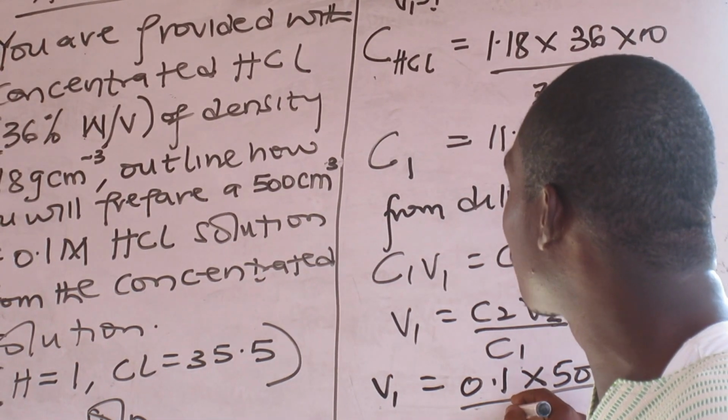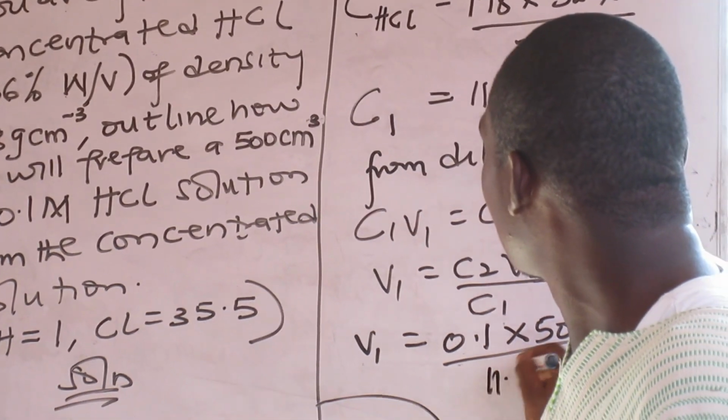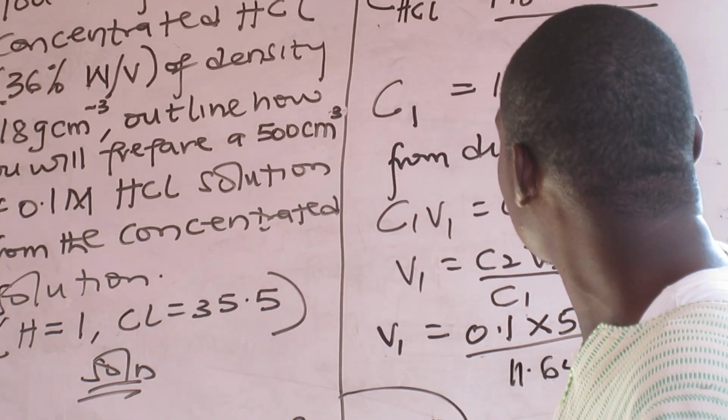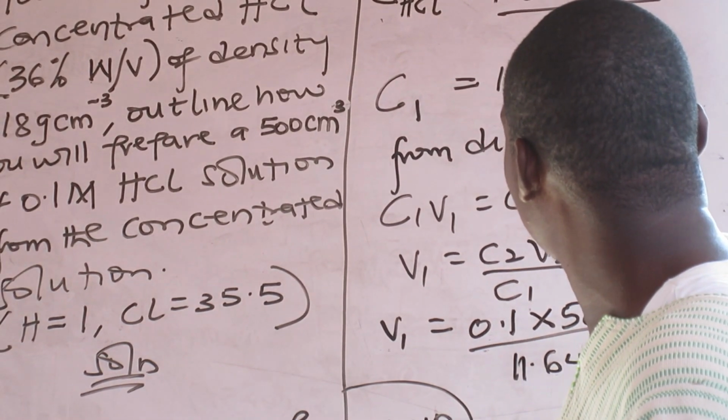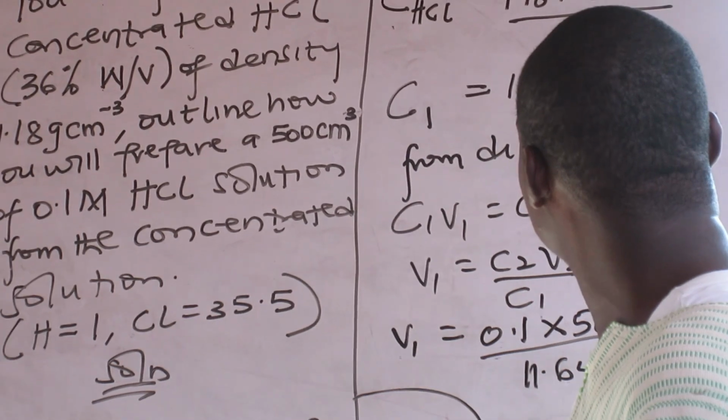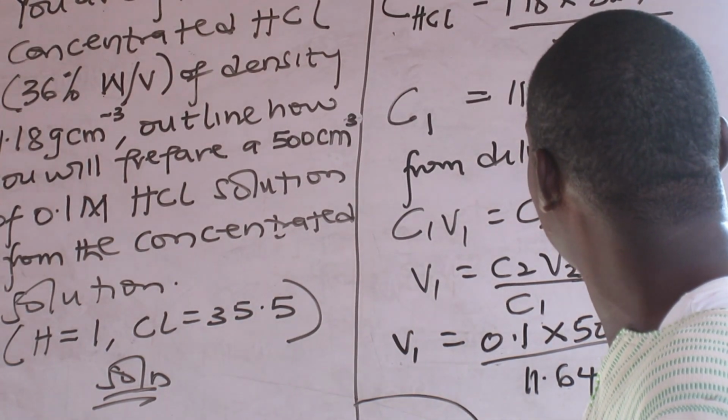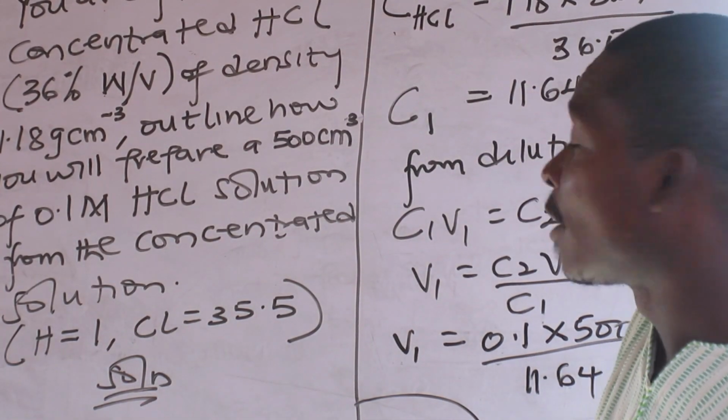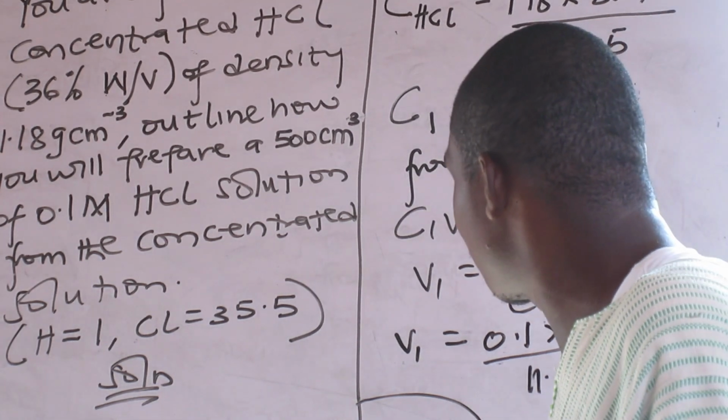What are you getting in C1? Now compute. 4.29, right? Centimeter cube. Okay? Are you okay? Now, hence,